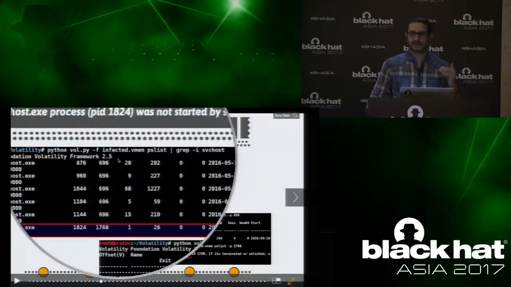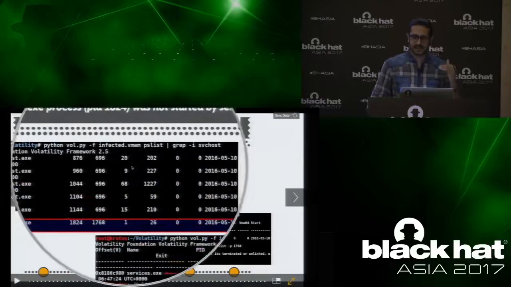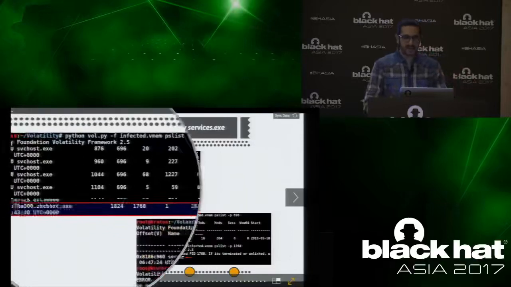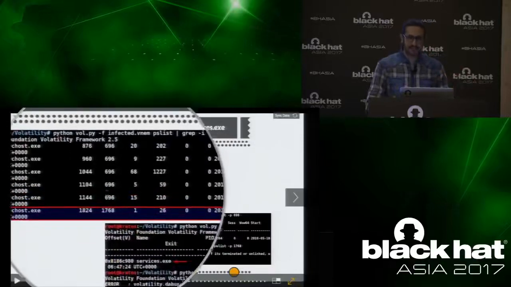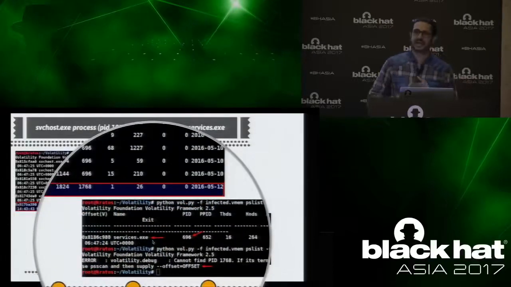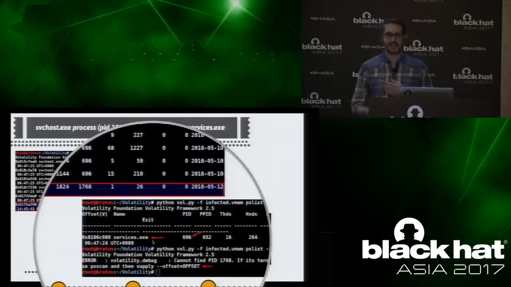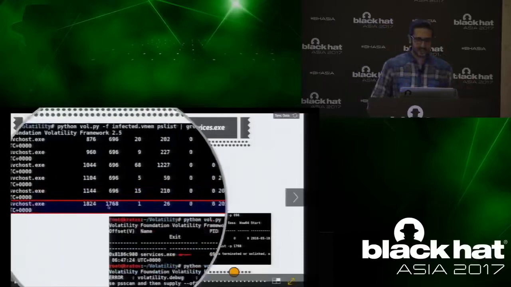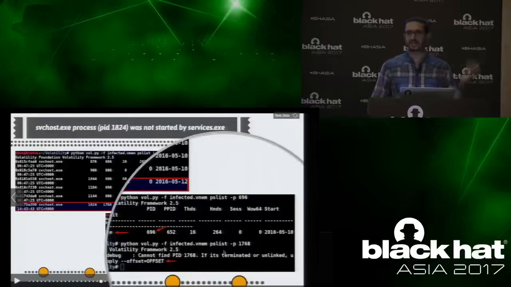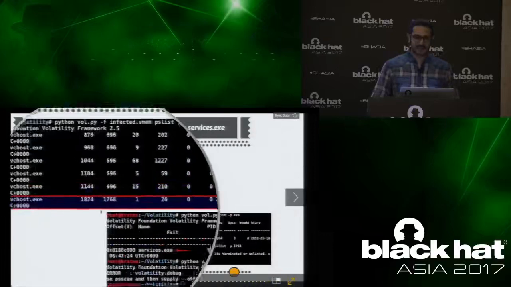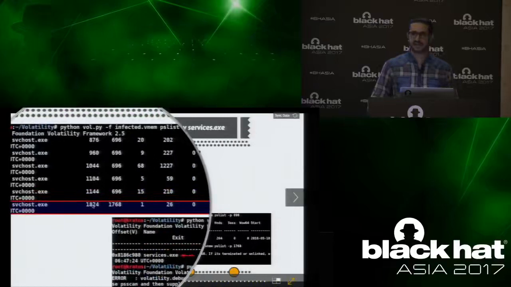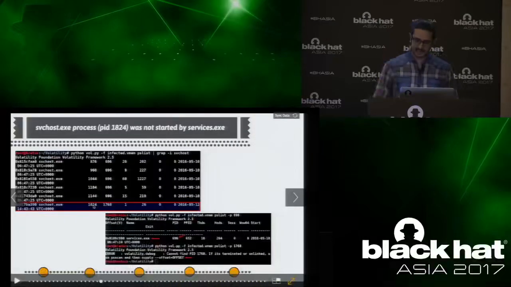As I said, one method of detecting is to list the processes. In this case, you see there are multiple instances of svchost.exe running on a system. But all the svchost.exe have a parent process of 696, which is services.exe, which is normal. On a clean system, svchost.exe is started by services.exe. But this process here was started by some process 1768, which is no longer in memory, probably because it injected and terminated itself. But that tells you that this svchost.exe is suspicious because it was not started by services.exe. That's one thing.